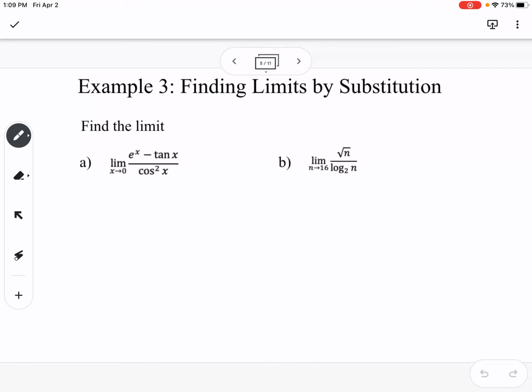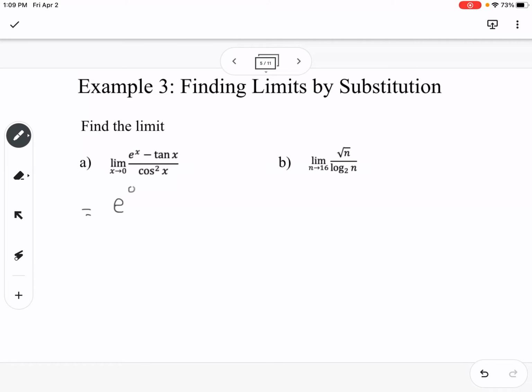So, finding limits by substitution. We talked about in the last example, if you can directly substitute, you should. If you can't, you might have to factor or do other things to make it so that you can directly substitute. On these examples, we can. We don't have an issue. So the limit as x approaches 0 of e to the x minus tangent of x over cosine squared of x would be equal to